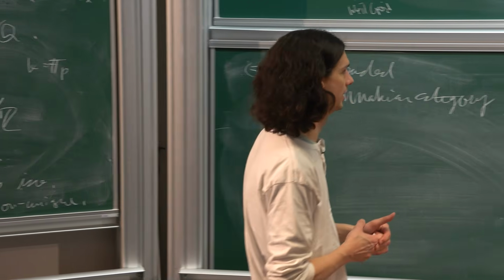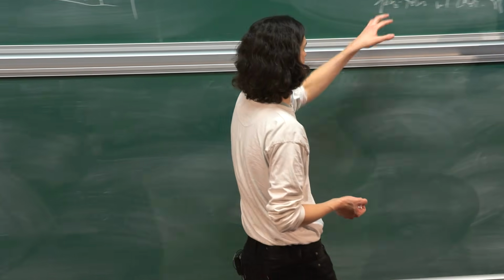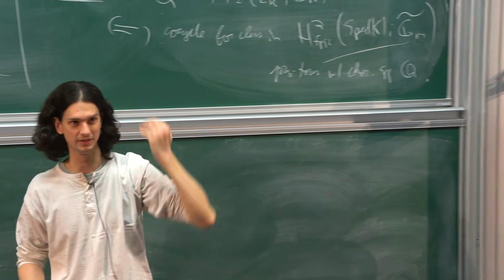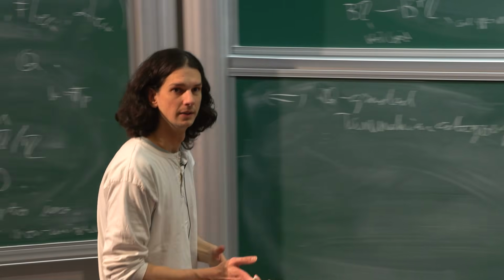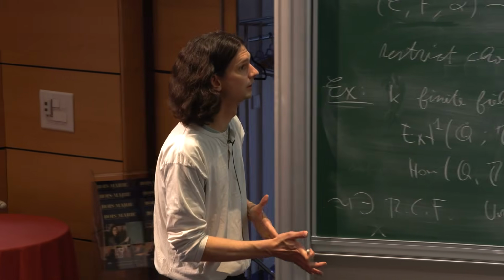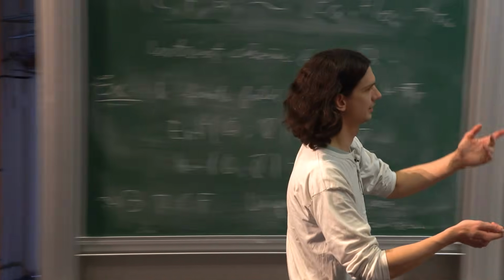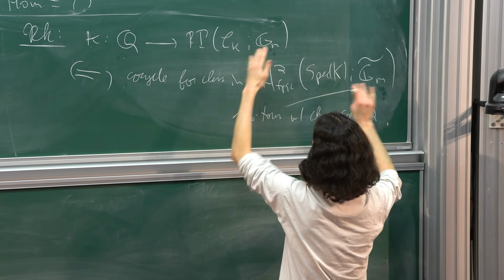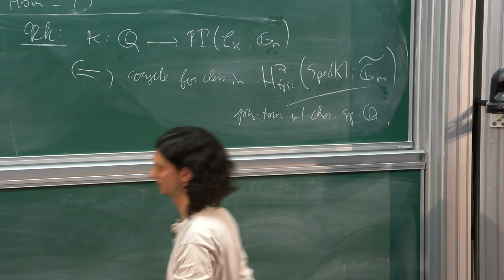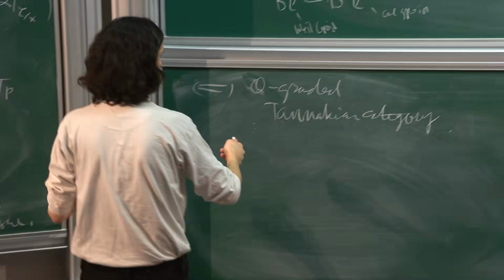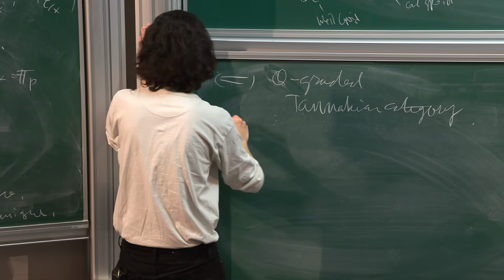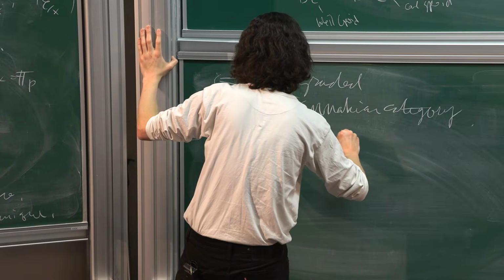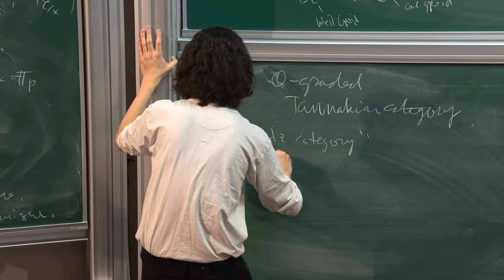As a profinite group, but it's the same thing as the fpqc cohomology of this scheme with coefficients in this fpqc sheaf, because this guy is Homs from this to this. That's the idea. Then you kind of just adjoint it over, but of course you have to check that it's correct. Anyway, a Q-graded Tannakian category. This is called the Kottwitz category,